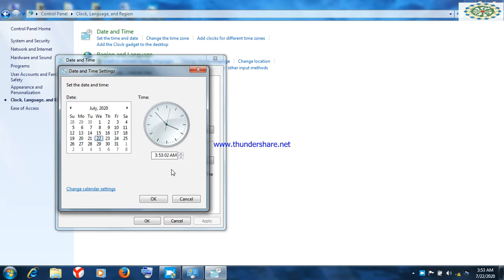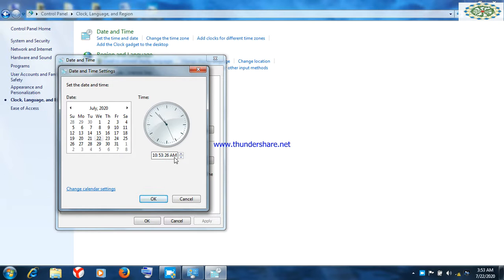So now, for example, we have 10:52 a.m. What are we going to do? We go to the hour. We click on the hour here. Then you see there are two arrows, one pointing up and one pointing down. We use the one up to increase the hour, and the one down to decrease the hour. Let's say it's 10:53 now. You see we go 4, 5, 6, 7, 8, 9, 10, 53.